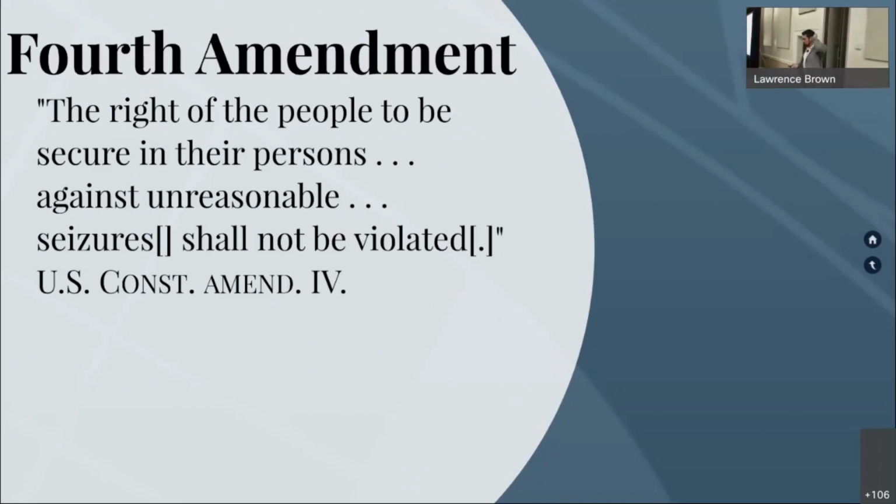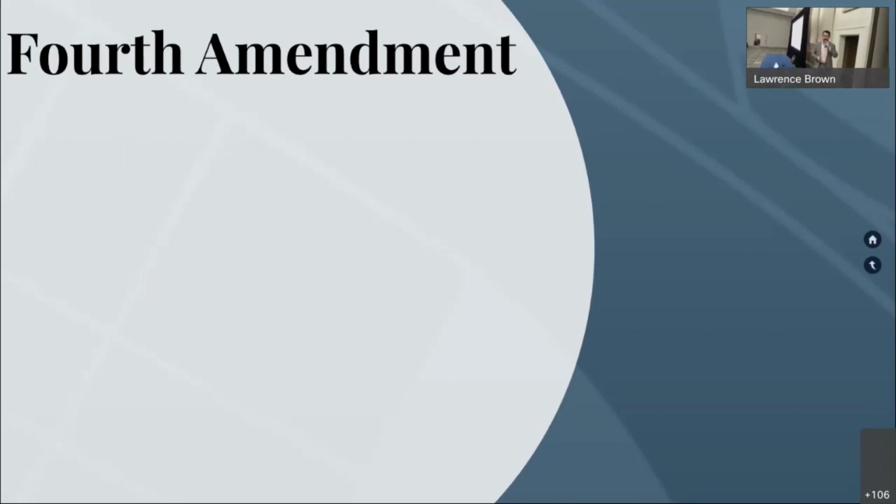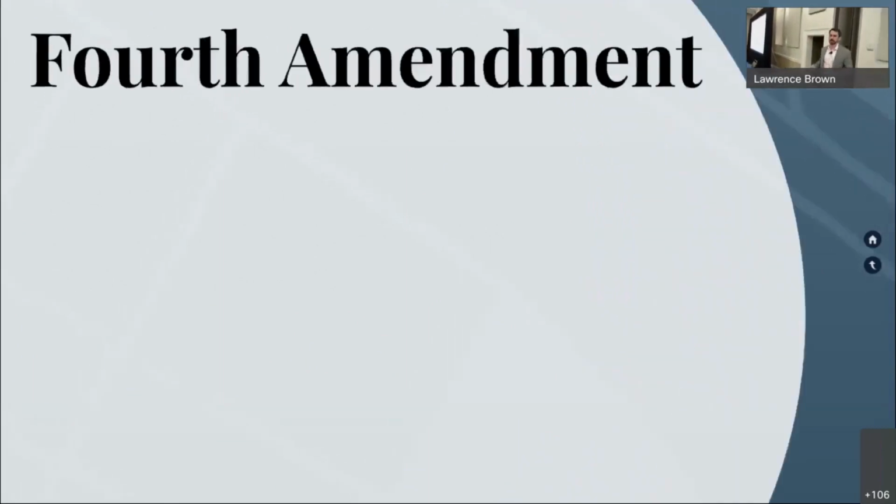So here's my suggestion for assessing Fourth Amendment issues. I would suggest that you establish a consistent framework, a method for working through Fourth Amendment issues, other than just saying, are there any Fourth Amendment violations? And here's the framework that I suggest. You can call this Stoughton's simplified map of Fourth Amendment analysis.